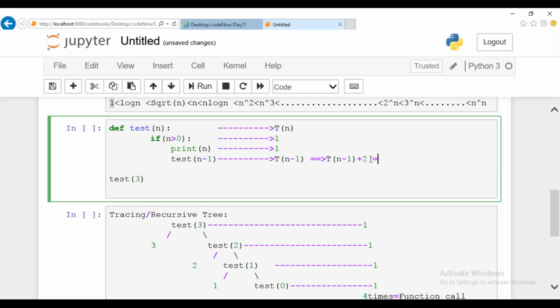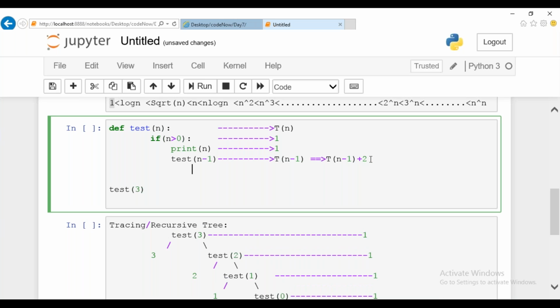So this expression can be assumed as, just for your assumption, it is not required to make use of 2. If it is 1, it will be easy for you to calculate. It's just a constant value, so you can make plus 1 your expression. So what is the unit of time required for this particular program? It will take T of n minus 1 plus 1, which is the time calculation I did.